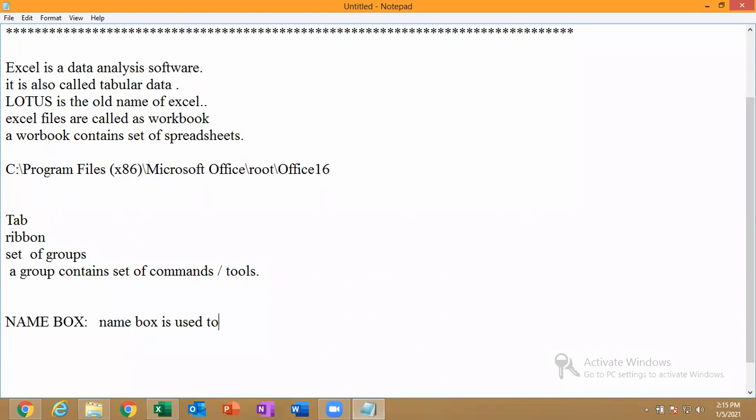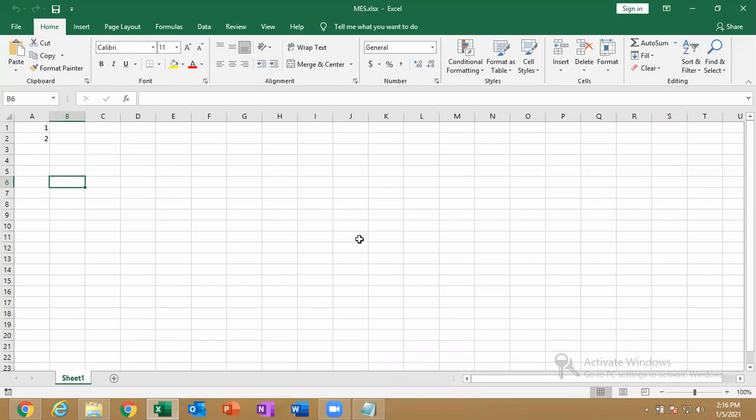Name box is used to identify the cell address. See, I selected here, which is J column and 11th row. So it is called J11.